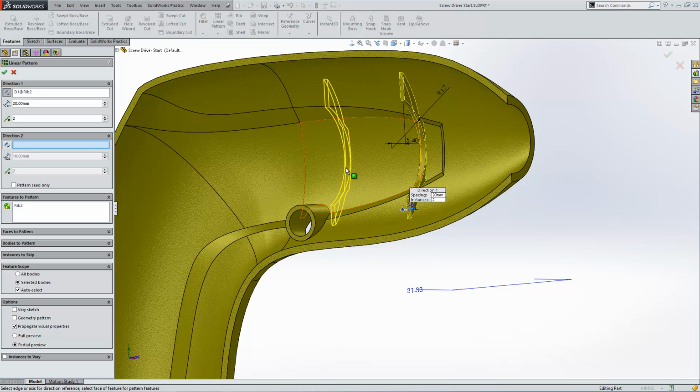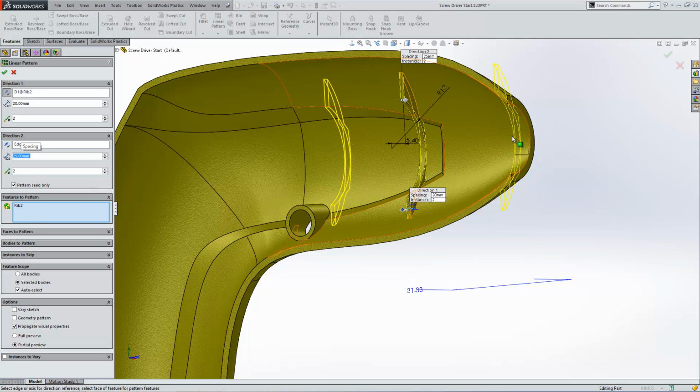So having got that in the right position, I'm then also going to create one in the second direction. I'm going to use this small straight edge here to do that. You'll notice that when it does it, it copies both items in direction 1. In order to avoid that, we need to tick this tick box just here, pattern seed only. Okay, and then we only get one copy from the seed. By spacing this item at a position of 25,